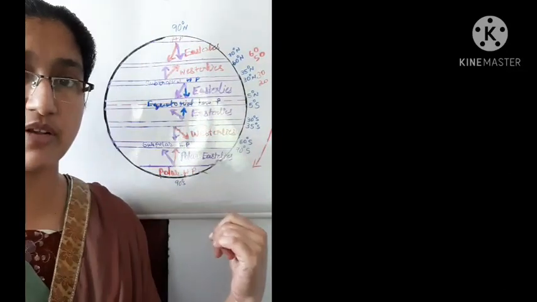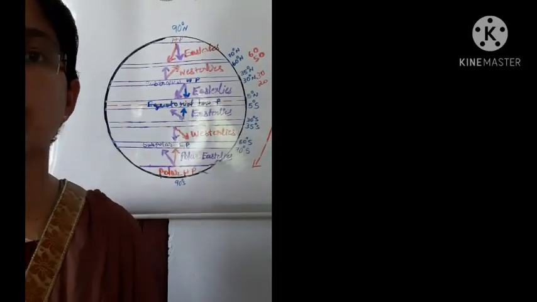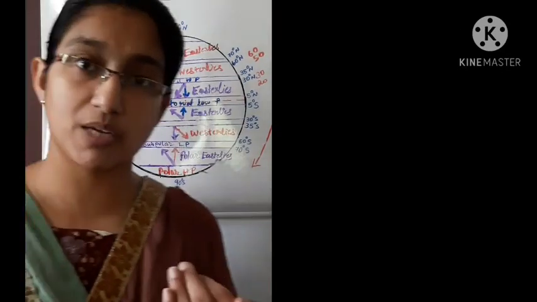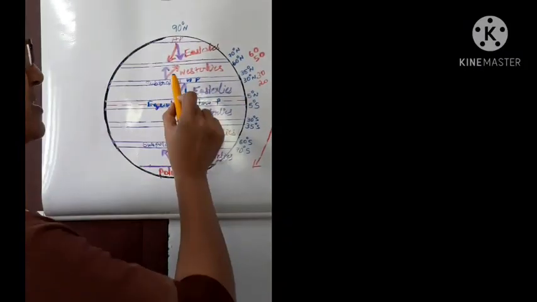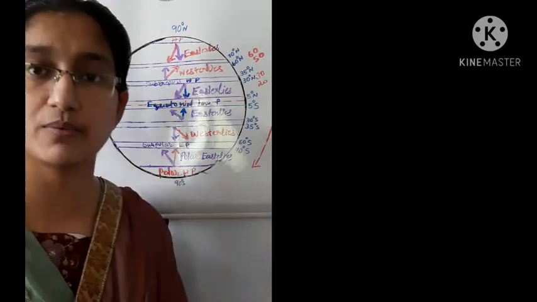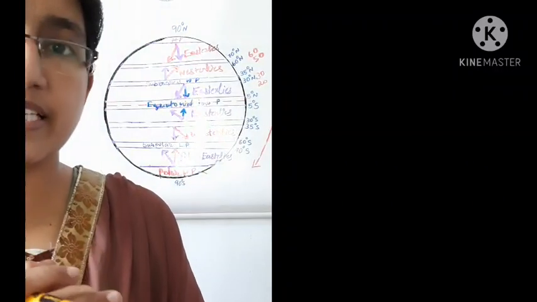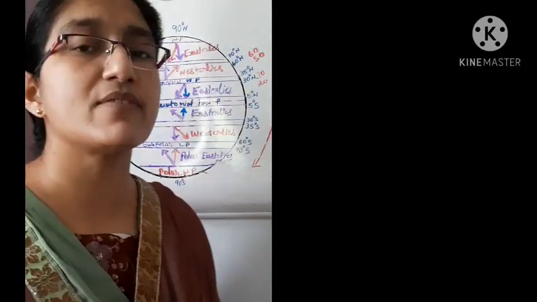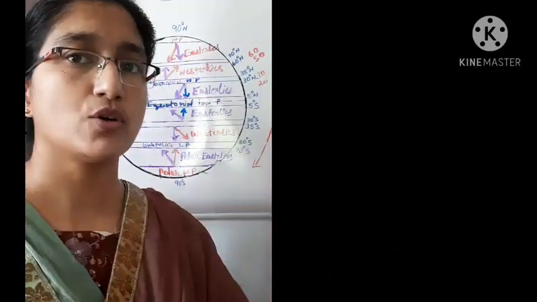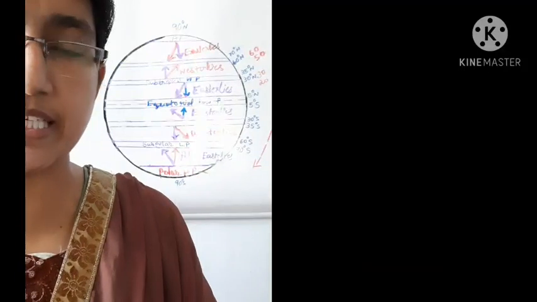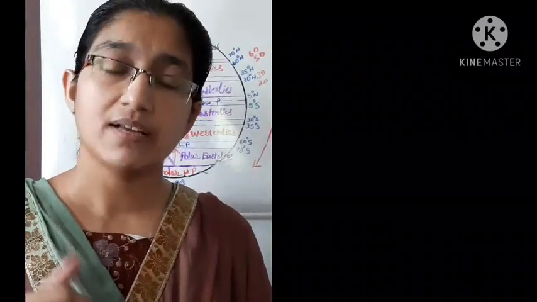What may be the special feature of these winds? They are extremely cold winds because they are blowing from the frigid zone. And when these two winds, the westerlies and easterlies, come and collide with each other, the westerlies are warm winds, easterlies are cold winds. Cold winds have more density. Warm winds carry water vapor, so their density decreases.